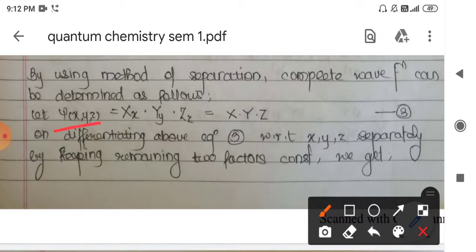So that complete capital Psi wave function, that is psi as a function of x, y, z, is split up into an individual function of x, an individual function of y, and an individual function of z. So overall we can represent that x is the function of x, so I am representing it by the capital X. Then next y is the function of y only, that is motion of particle along y direction, so I am representing that by the capital Y. And last, that is the z direction motion of a particle, that I am representing by the capital Z.